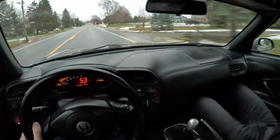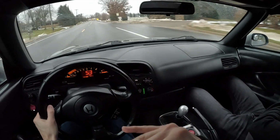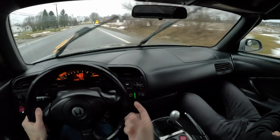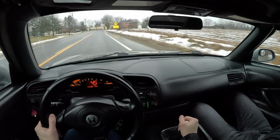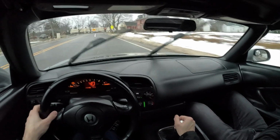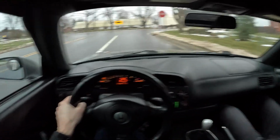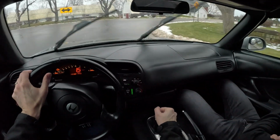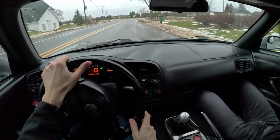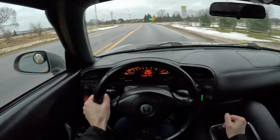Yeah, and I'll show maybe when we get out, but you can pull that little piece of fabric that covers the center of the seats forward and wedge things behind it. So if you want a little bit more lumbar in an S2000, top tip for you. Because for me, I was always a little uncomfortable, and then I did that and it fixed it. There's half of a microfiber towel wedged in my seat back that you would never know is there. So these seats are super comfortable in this car, and they're still really supportive. They don't collapse. Sometimes the foam on the outside of the driver's side will collapse, but